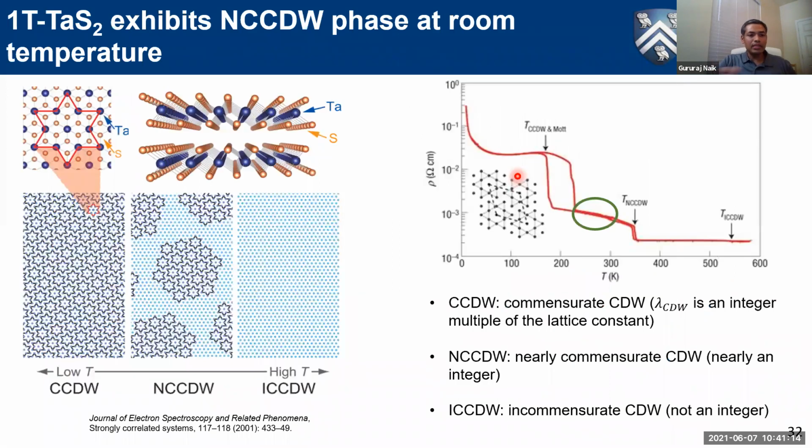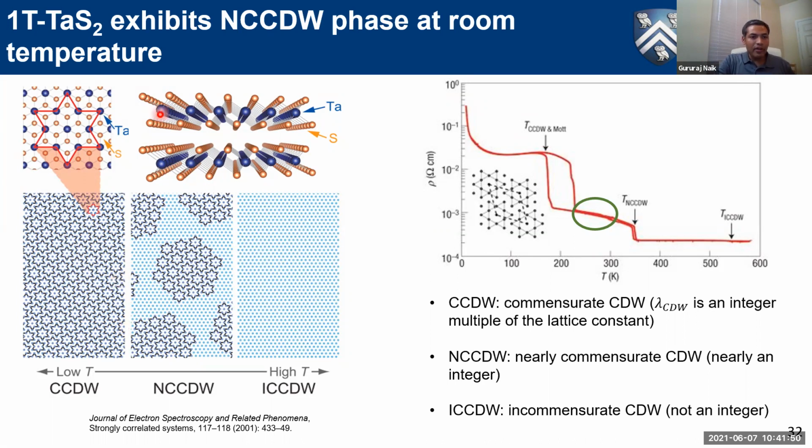So for that, we in fact started looking at a material which is 1T tantalum disulfide. So tantalum disulfide is a charge density wave material. It has charge ordering. So what I mean is 13 tantalum atoms slightly displace, they move inwards very slightly and in such a way that they support a single charge in this domain. And there are many such domains in the sheet. So this is a 2D material. So in each sheet, there are so many such charges, and they all are interacting with each other via Coulomb interaction. Okay, so this is the concept of charge density waves.